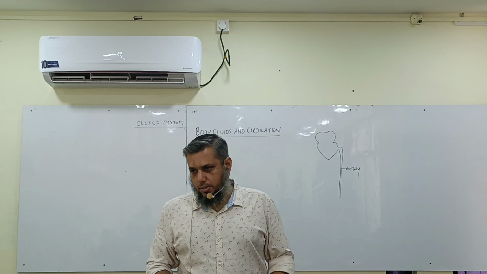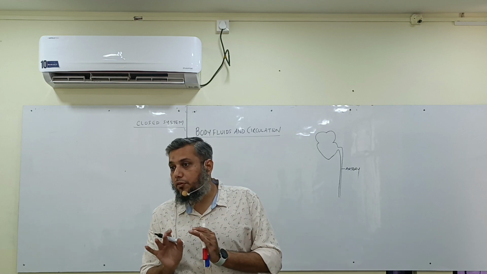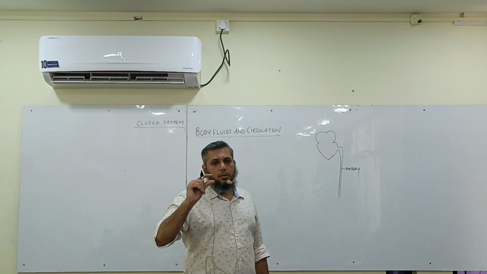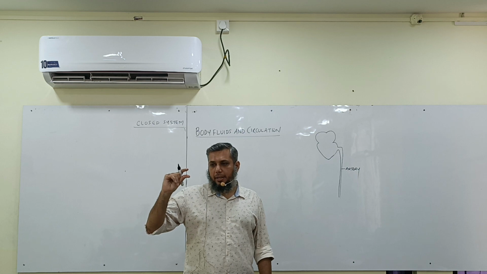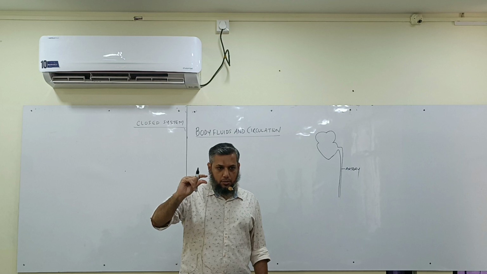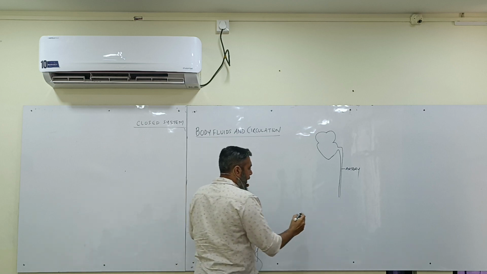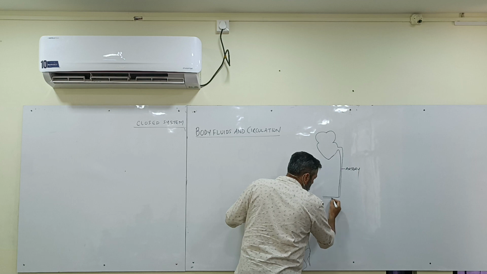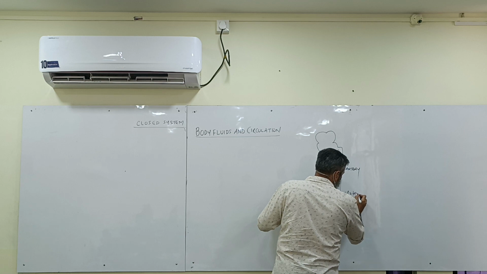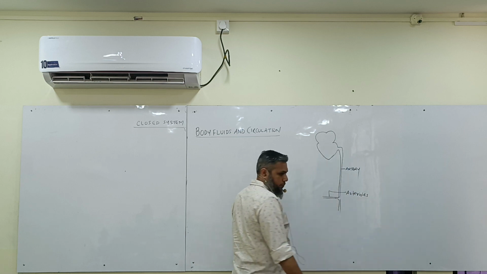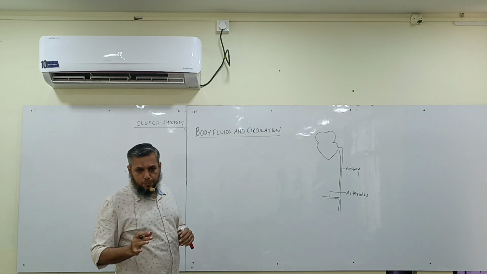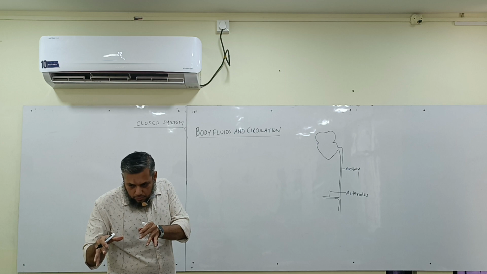So the job of the artery is to carry the blood away from the heart towards a particular organ, and it is a blood vessel of a larger diameter. As soon as it enters into an organ, it will break up, and it will result in the formation of smaller blood vessels, which are called as the arterioles.